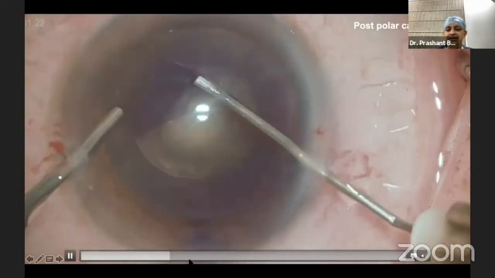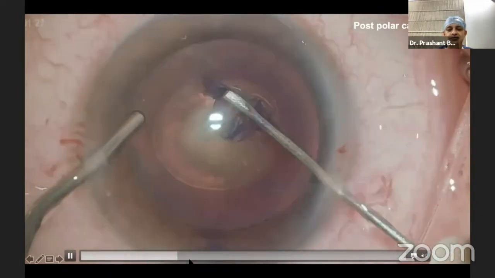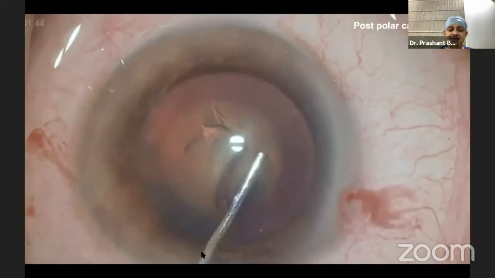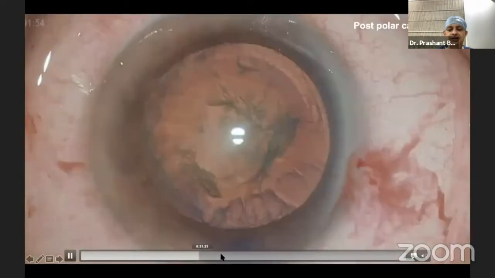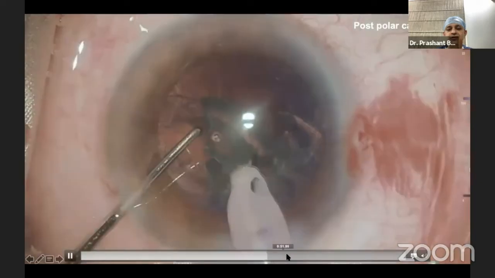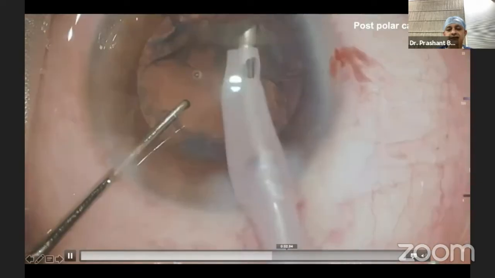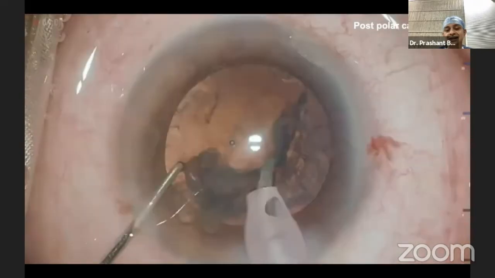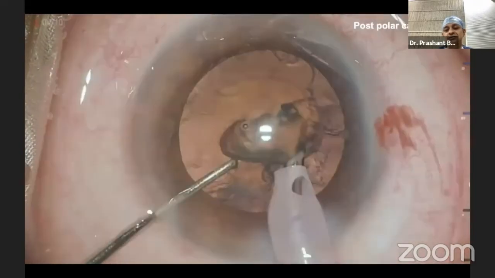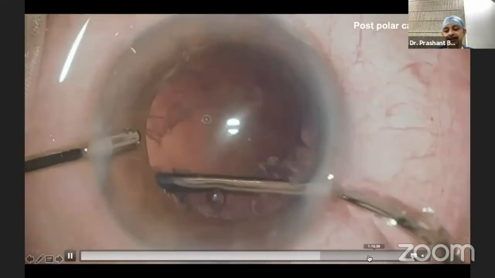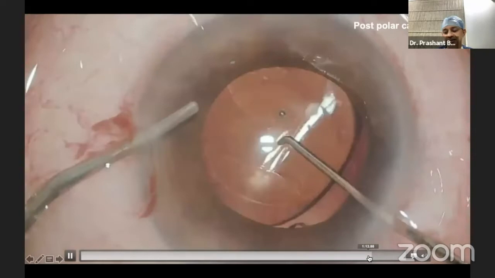Posterior polar cataract otherwise is a nightmare for most of us, with the fear of posterior capsular rent. But yes, even this complicated case we do. Here I have done a hydrodelineation, rotating the nucleus, then cracking the nucleus, and you can see the ease with which I'm leaving the cortical fibers. In fact, during cortical aspiration, you can see the last of the fibers because of the sheer magnification, and you can really do a fantastic cortical cleanup. And then this is the IOL implantation.